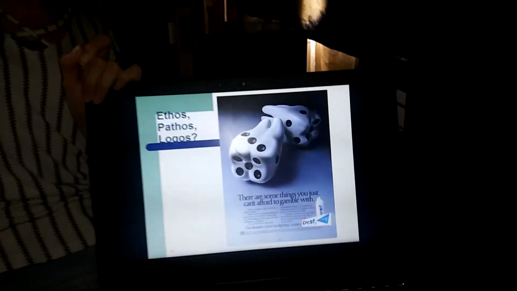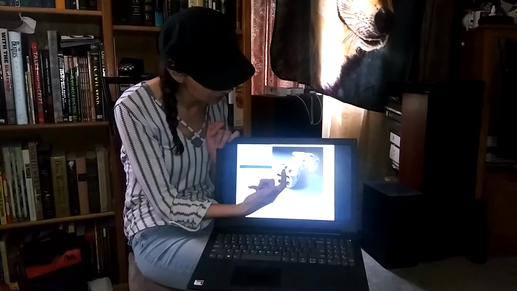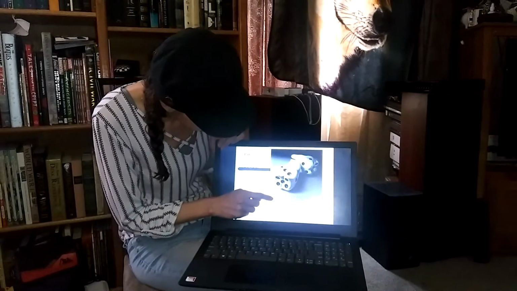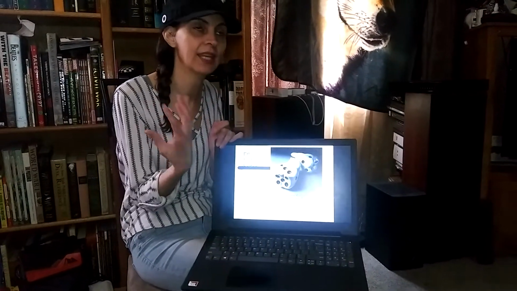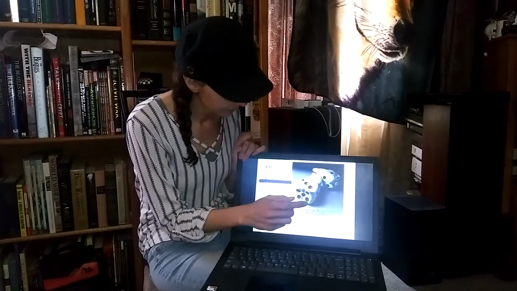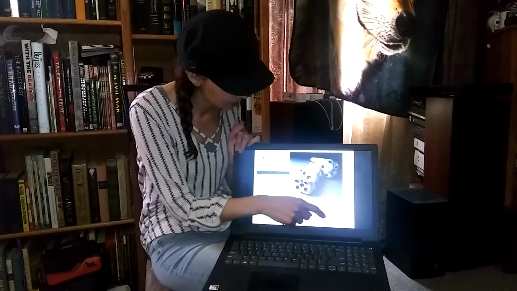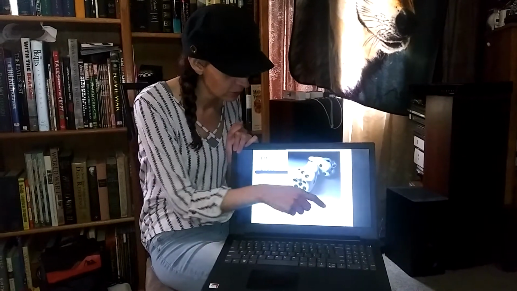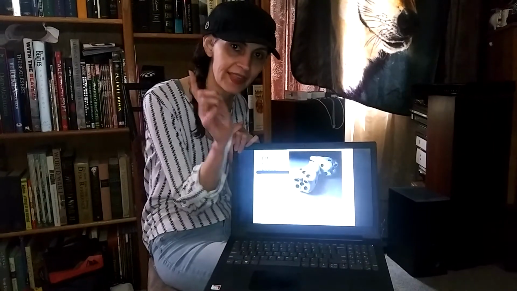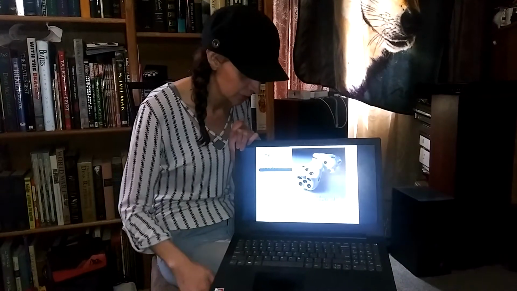Okay, so if you're ready, this is a brilliant ad because you have teeth. They're meant to look like dice, but those black spots on the teeth look like what? Cavities, right? And then it says there are some things you can't afford to gamble with, making you feel a little bit of guilt. And then you have all the statistics here, and then you have dentists recommend. So the statistics are logos, and the dentists recommend because that's a credible, believable source, and that is ethos. Okay, so it's all three of them. Very brilliant ad that incorporates all three.